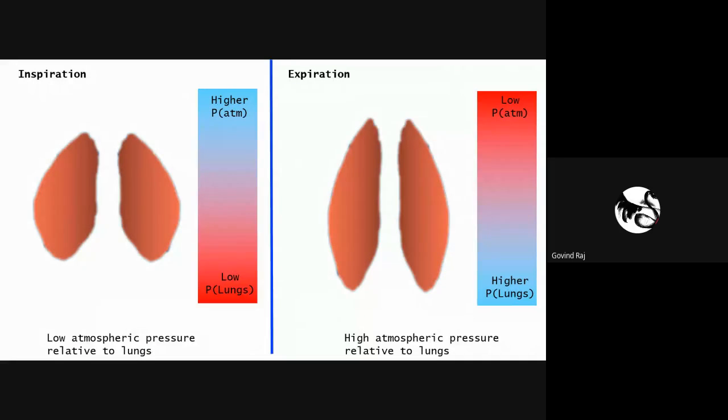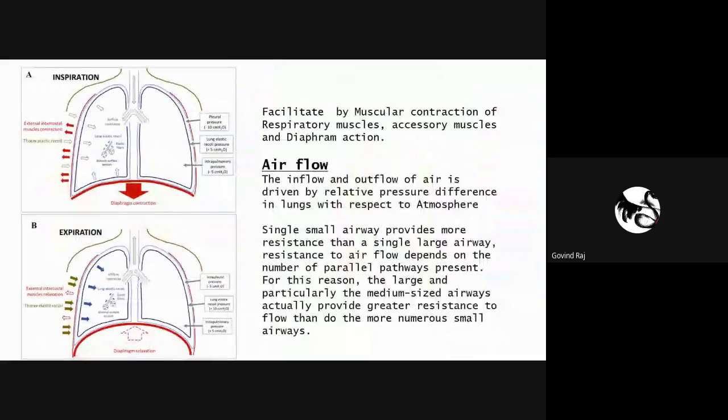That is the expiration. So here also the same procedure is explained here. So the external intercostals, what it does is that it elevates the rib cage, and thus the volume gets increased. And this muscle contraction helps in the inspiration. And there is also a thoracic elastic recoil, that is when the relaxation of these muscles happens, that results in the expiration. So here the external intercostal muscles get relaxed, and